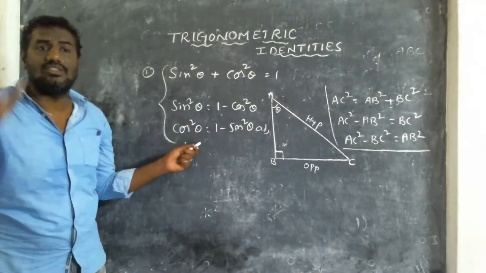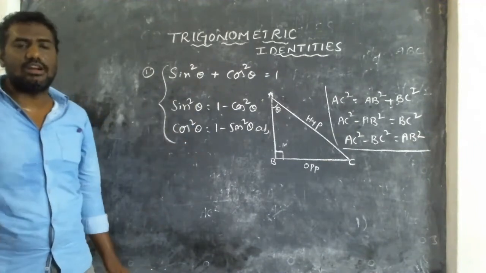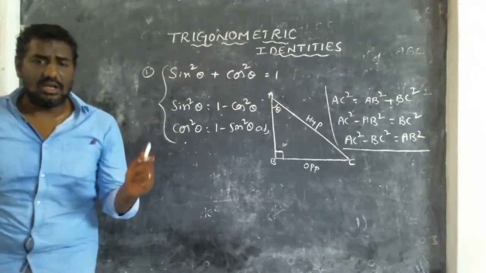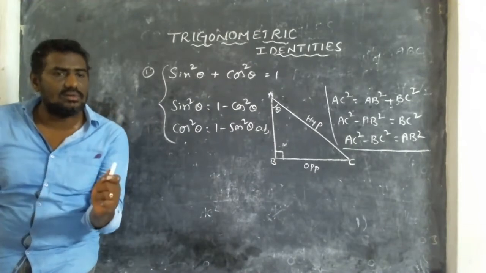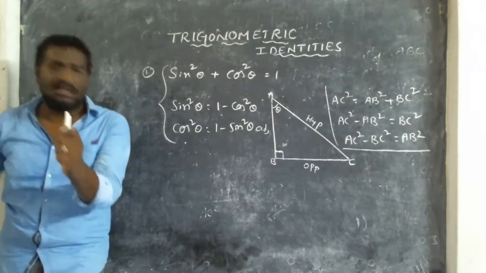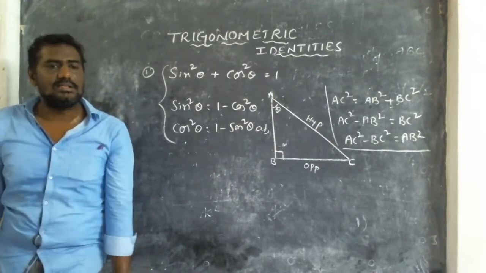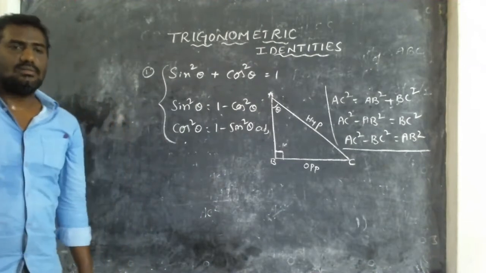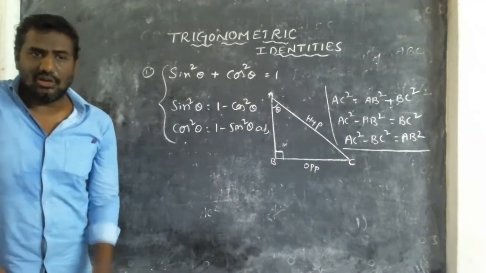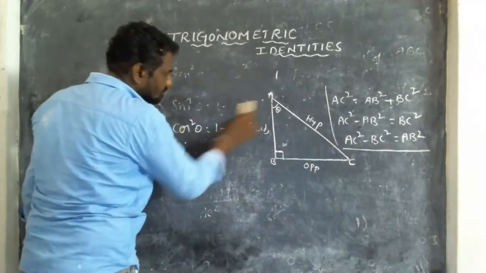Better in the examination, you write this down in a rough column along with the table. I told you to write the table so you do not forget in the examination. Children, are you following? What is the first identity? Sin square theta plus cos square theta equal to 1. Sin square equal to 1 minus cos square. Cos square equal to 1 minus sin square. When I ask cos square, you send the sin square to the other side, we can say 1 minus sin square. Children, did you understand? I hope that you all have understood that relation. Same way, we go for the other two identities. So far I told you about only the first identity. Now we'll go for two more identities.